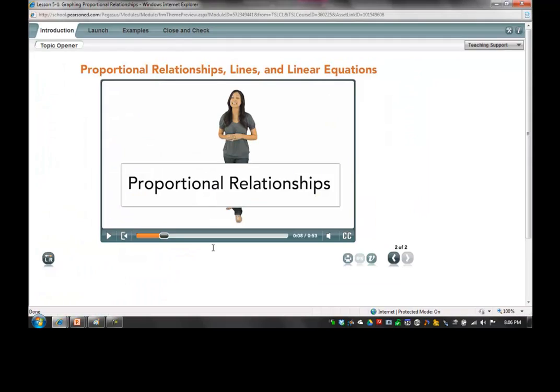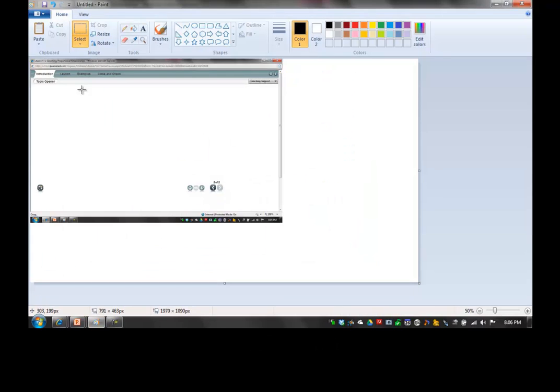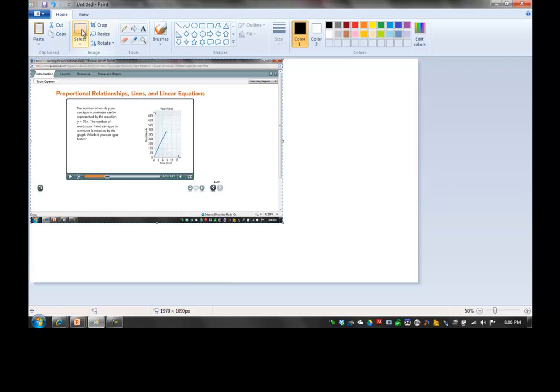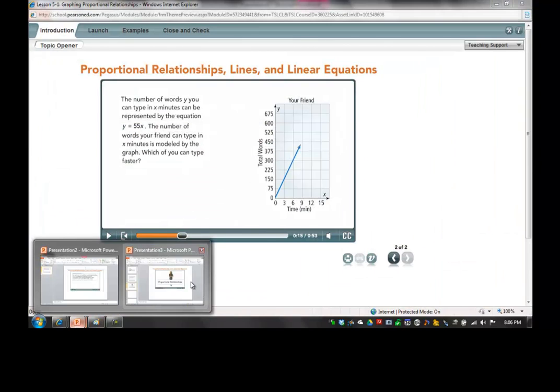Go back to the lesson, and if I remember this, and there's a couple of nice, there we go, went just a little bit too far, right there, and I'm going to control print screen that again, go to Paint, paste it in there, select that, cut it. Now there are what they call hotkeys that you can use, and you can ask your STS about that, the hotkeys. It makes it a lot easier to do,